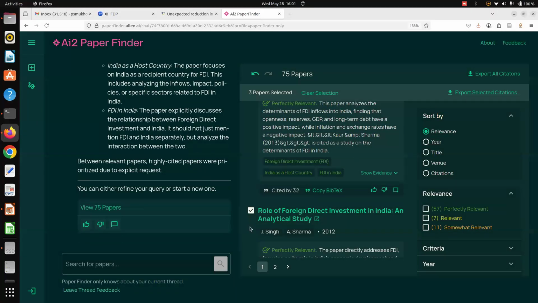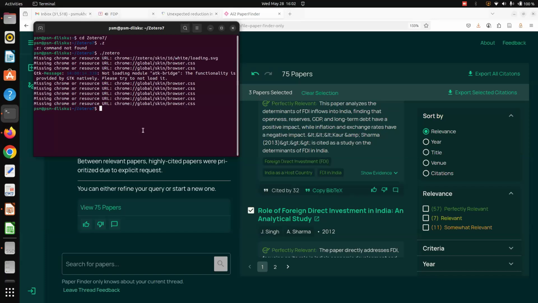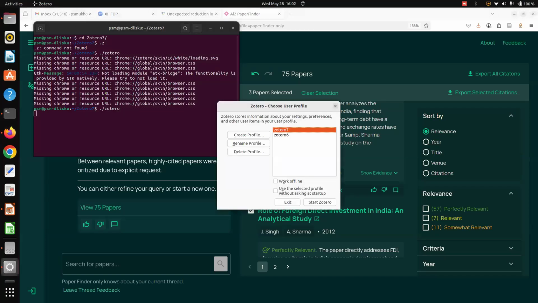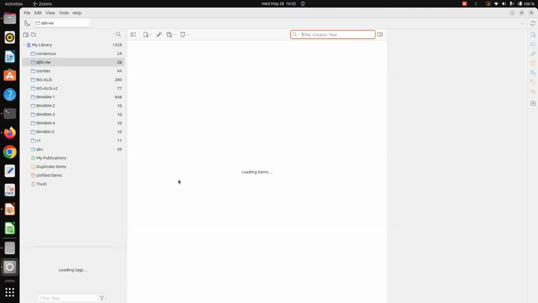On top of this, you can also refine your questions and put forward any follow-up questions. And then I can start my Zotero. You all know, or many of you are using Zotero, maybe Zotero 7, which is available on Windows and Linux both. You need to install Zotero as reference management software.